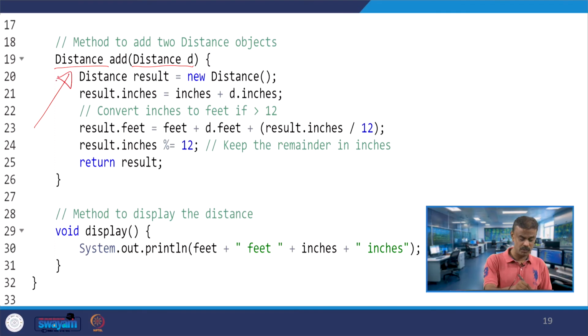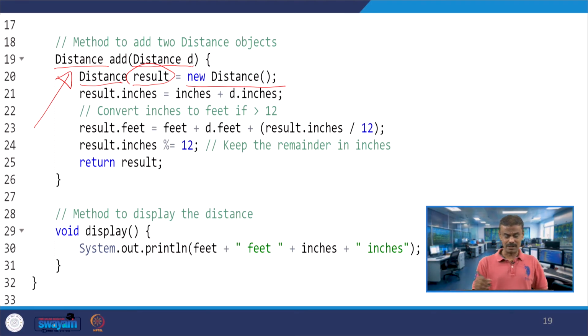These two programs, in C++ as well as in Java, are telling us yes, you can return objects. And here you have a result object whose class is Distance, dynamically you are creating a memory space with the new operator, and Distance is nothing but the constructor.